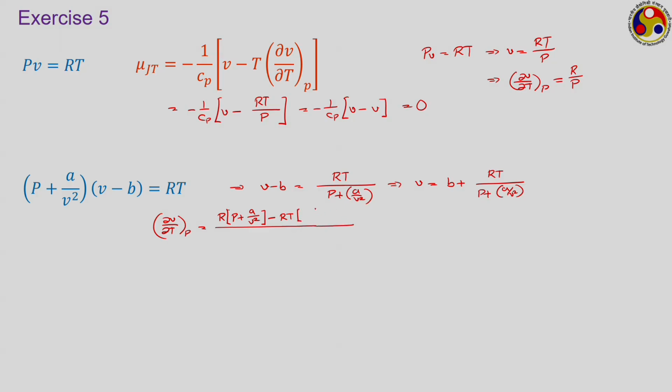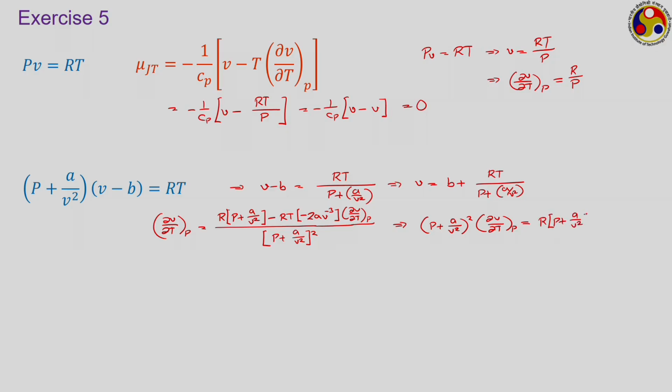So, we have minus 2A V to the power minus 3 into dou V dou T at constant P divided by P plus A upon V square whole square, or if we simplify this, then we have P plus A upon V square whole square into dou V dou T at P is equal to